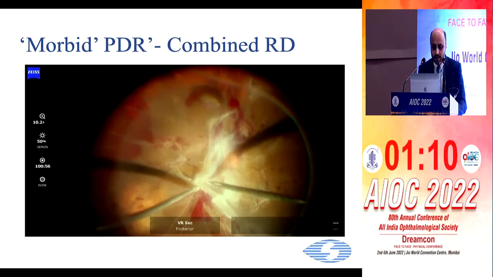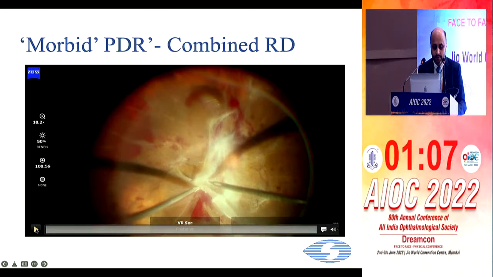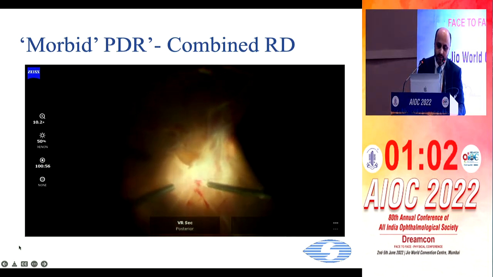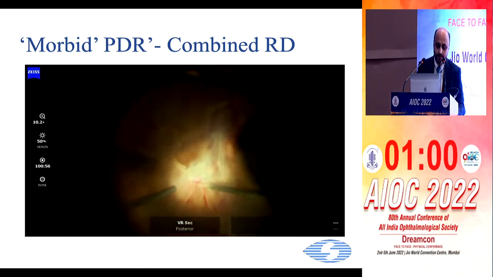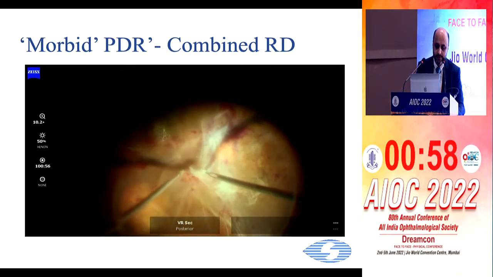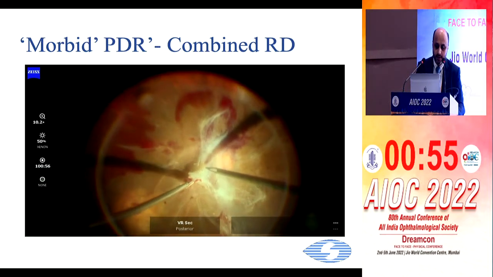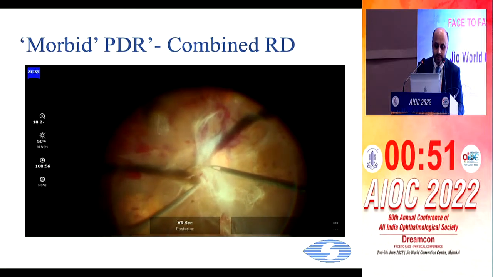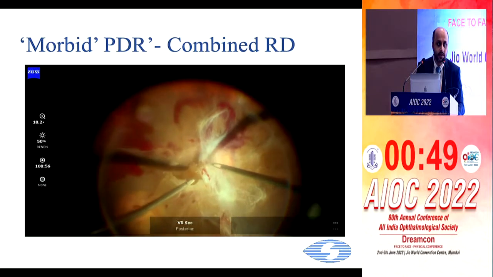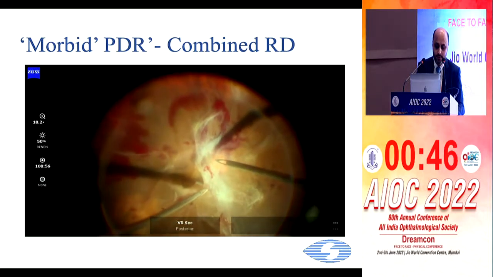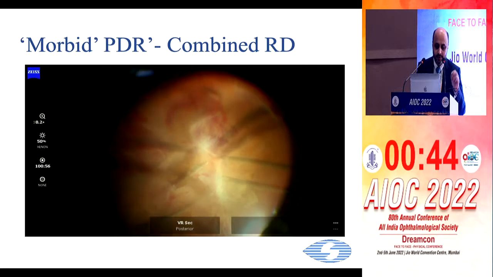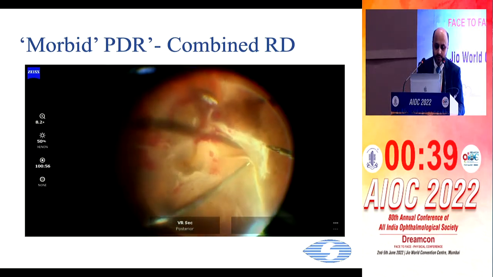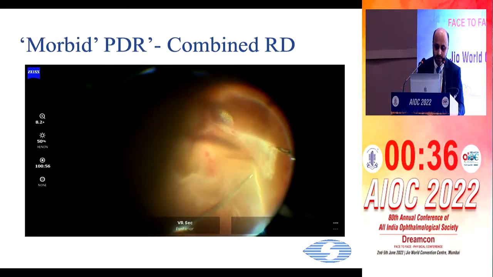So this is a case of, again, a morbid situation where you have a combined detachment. In this case, if you see nasally, the cleavage plane is there. The heme with a soft brush helped us to find the cleavage plane. And I've realized that once you find the cleavage plane, the membrane dissection becomes extremely easy. And you're able to identify all the tags or the vascular nails, whatever you call it,